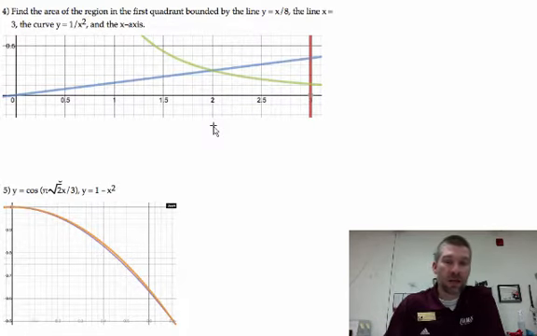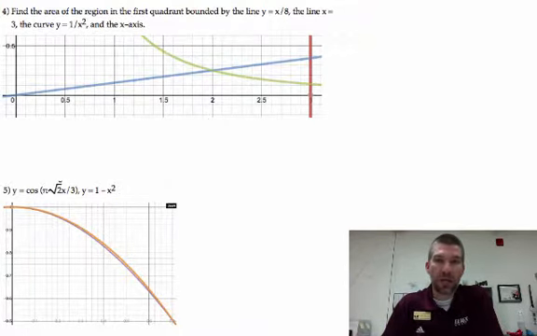All right, let's look at the next couple of questions here. These both deal with graphing and finding the areas under those curves. And so we've got a couple of somewhat complicated pieces here. The first guy, question 4, wants us to find the area in the first quadrant bounded by the line